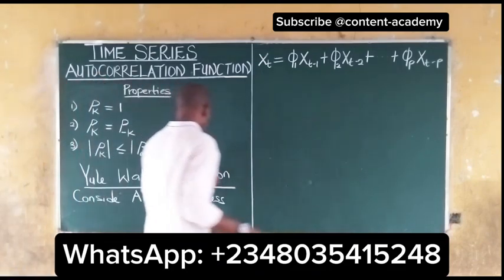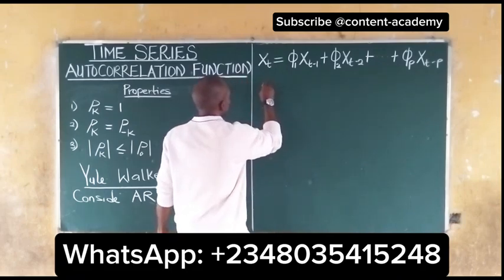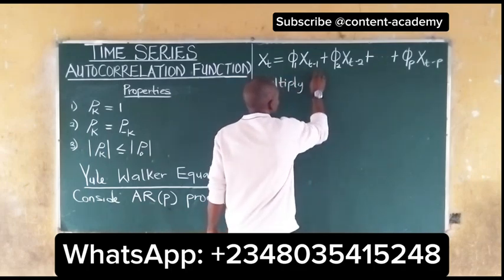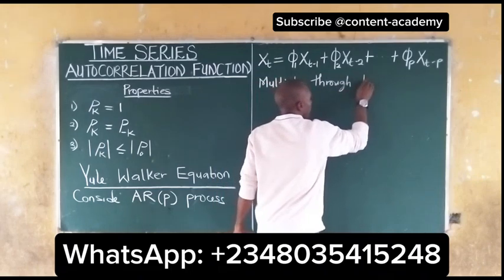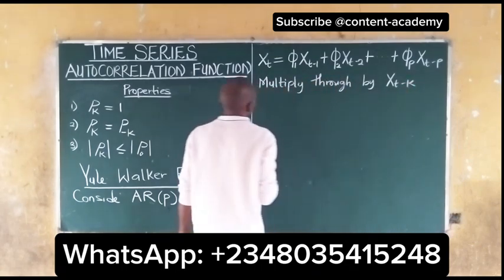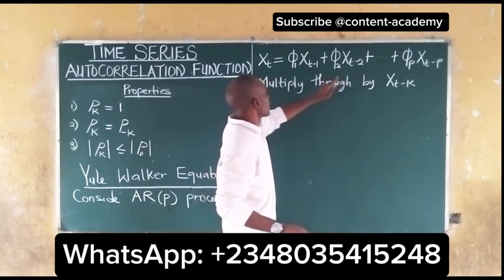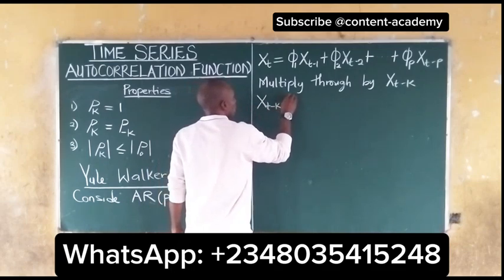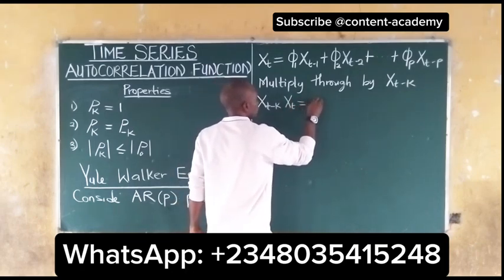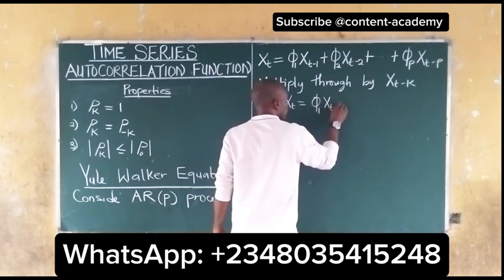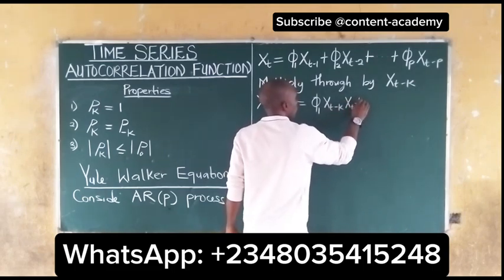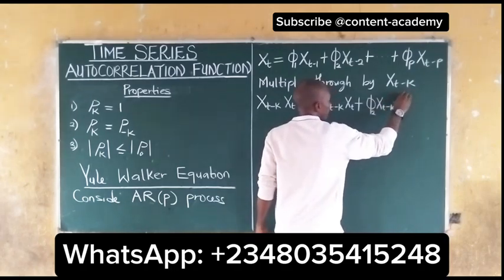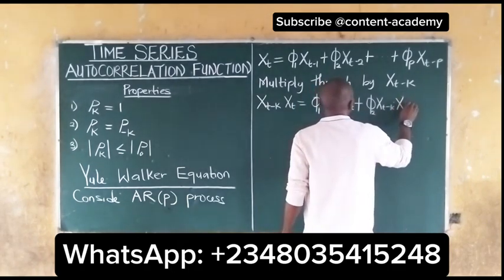The first thing to do is to multiply through by x_{t-k}. If we multiply the left hand side and the right hand side by x_{t-k}, we have x_{t-k} multiplied by x_t equal to phi1 x_{t-k} multiplied by x_{t-1} plus phi2 x_{t-k} multiplied by x_{t-2}